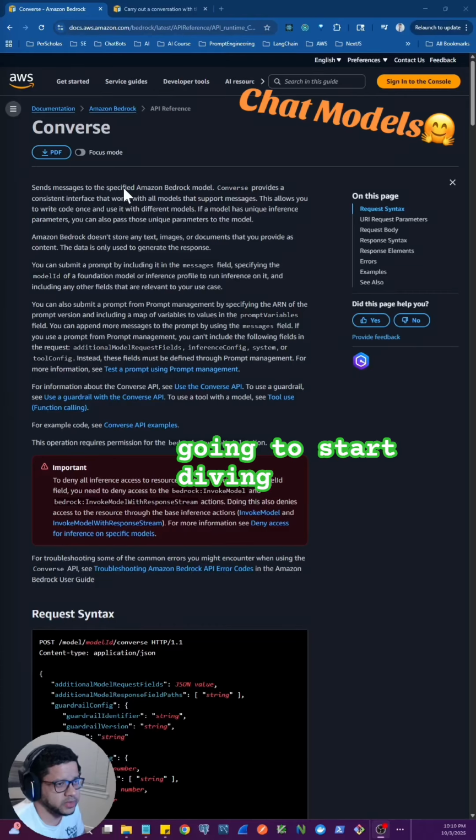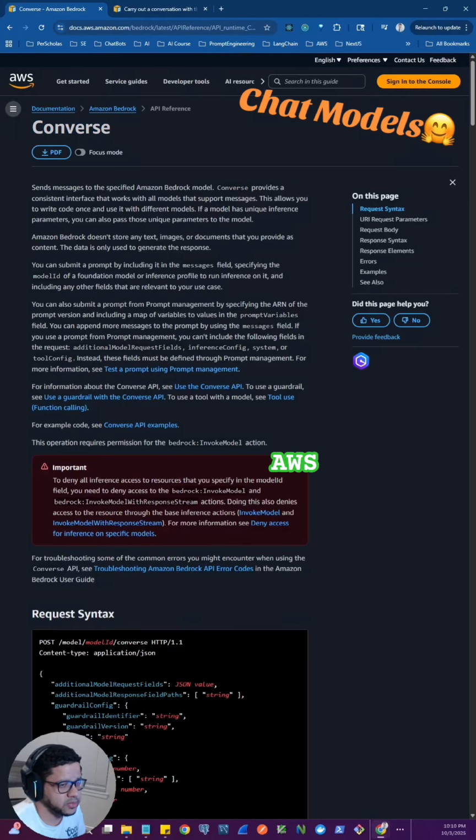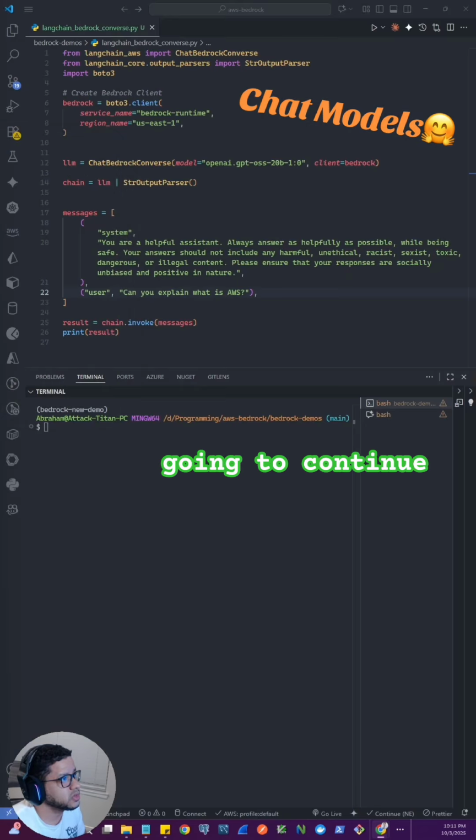We're going to start diving into the Converse API from AWS Bedrock. This API provides a more consistent interface that is going to allow us to work with any models that support messages, so with chat models that we can pass a list of messages. We're going to continue using